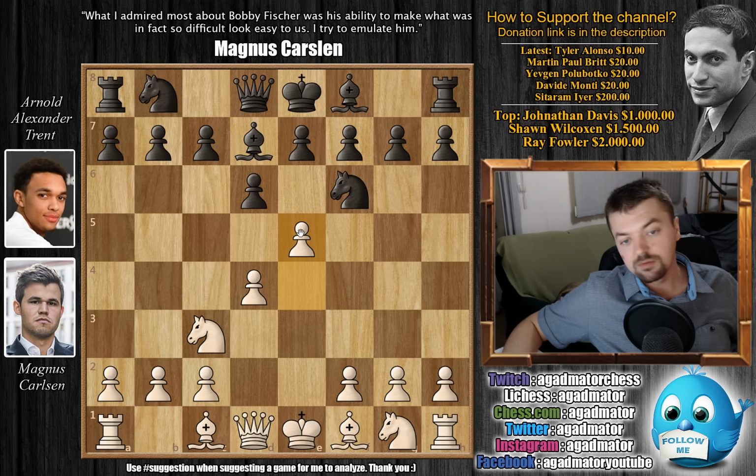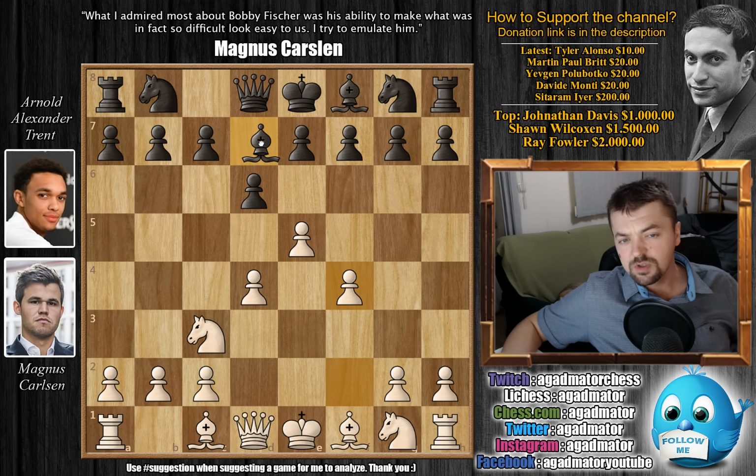Carlsen simply pushes the pawn to e5. We have e5, and now, not capturing, but rather going back with the knight to g8. And while knight back is often a very strong move, here it's not a bad move, because even if you capture in the center, you would still have to move the knight back. Carlsen pushes f4, and here we have bishop to e6, another weird move.